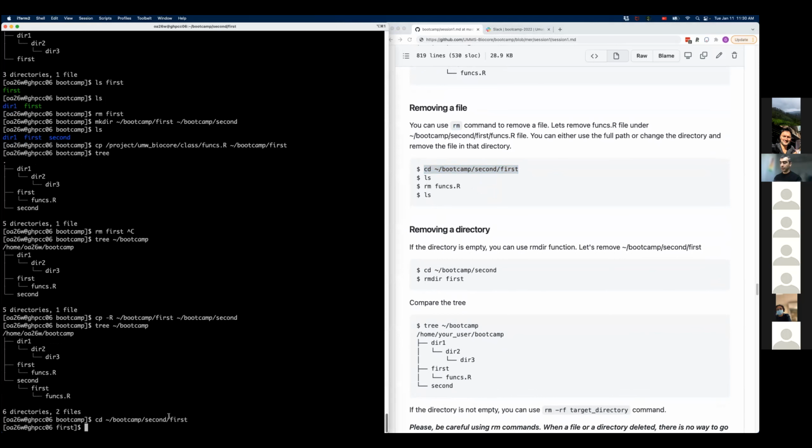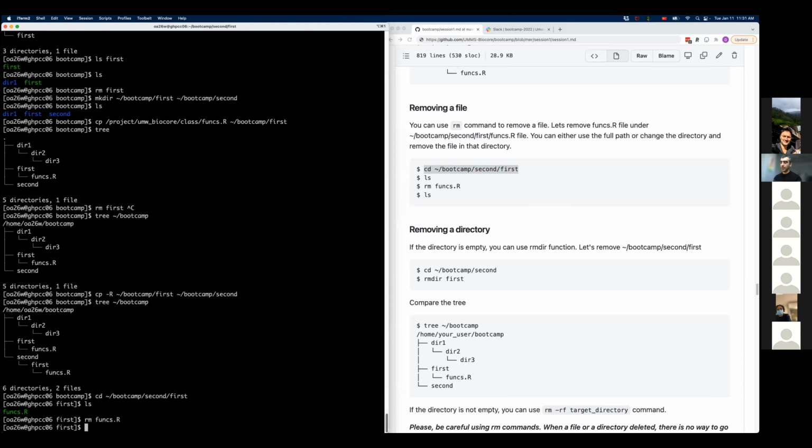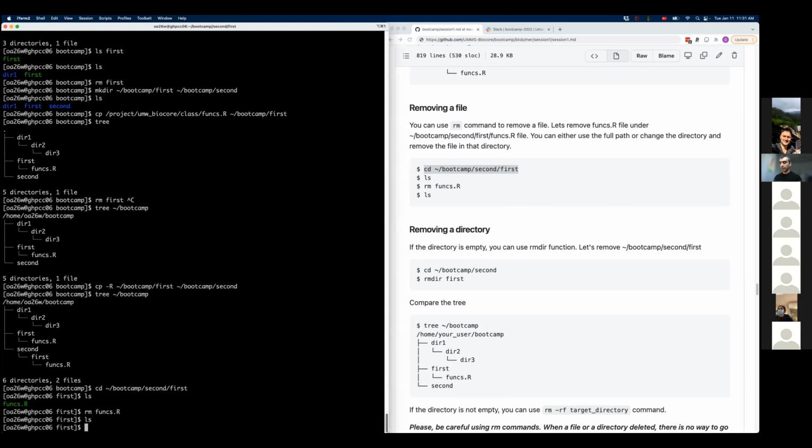We go to the first folder, list the contents, and we see the funcs.R, and rm funcs.R. And if I hit enter, that file is gone forever, right? So there is no trash. There's no way to retrieve that file again. So when you're using rm, you need to be really careful.